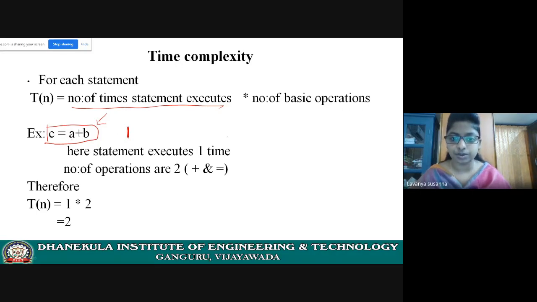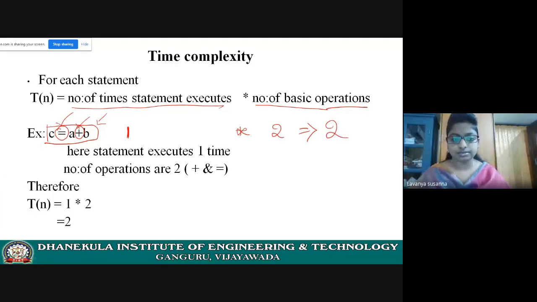So 1 into how many basic operations are there in this statement? See here, there is addition, a basic operation, and assignment. Assignment means equal to. So there are two basic operations, assignment and addition. So 1 into 2 is nothing but 2.